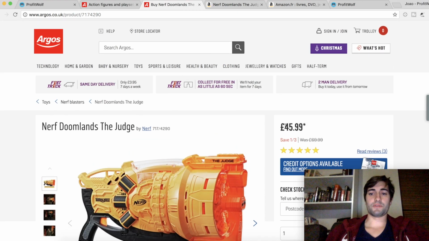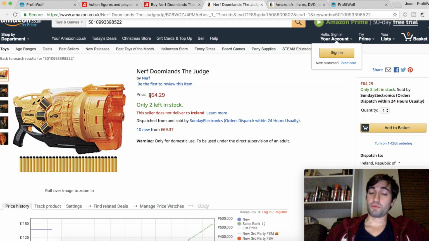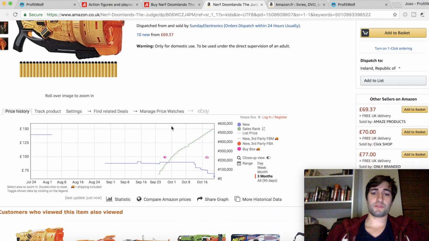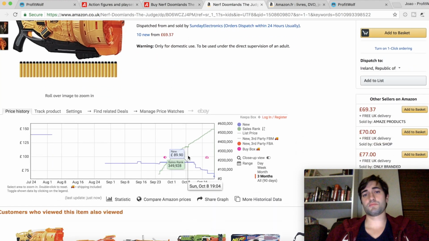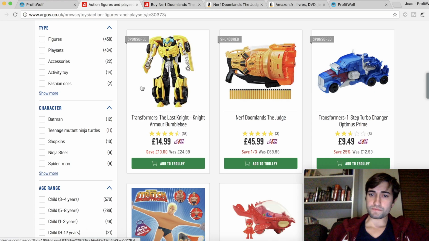So from 46 pounds to 64 pounds, there's not a big enough difference, and the Keepa graph doesn't give you proof of sales. So again, you would not buy this item, and basically we do this for all the